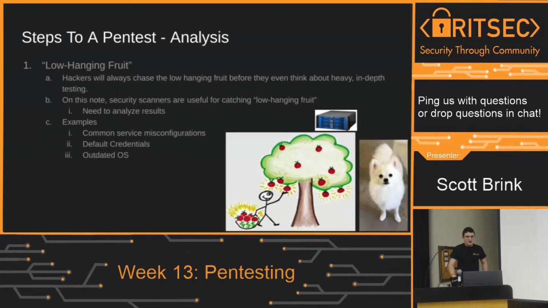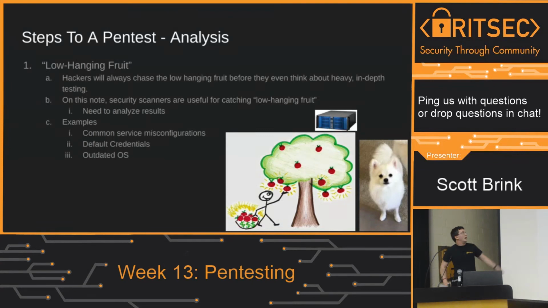So yeah, we're going to talk about analysis now. Low-hanging fruit: that means the easy things to exploit. Like if you see FTP, you're going to think, oh, I want to try anonymous FTP. You see SMB, or you see 445, which is SMB or Samba, you want to try to see if they have null sessions and stuff like that. It's just going for the really basic things, especially default